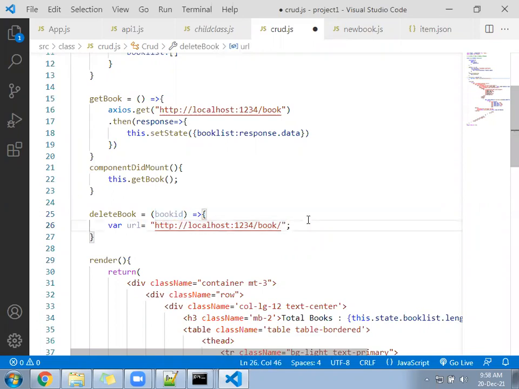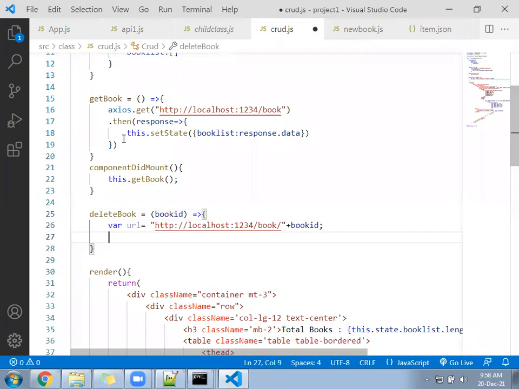You can append here plus book ID. Okay, book/book ID.